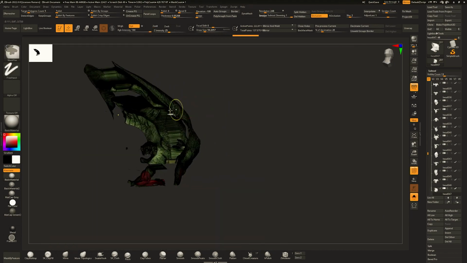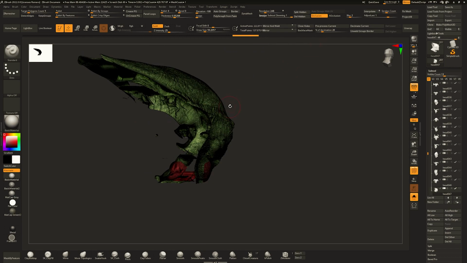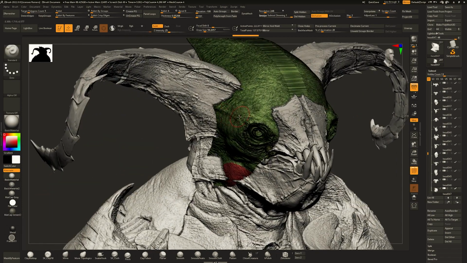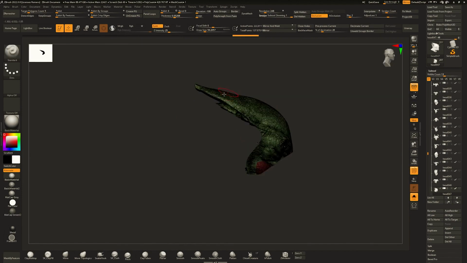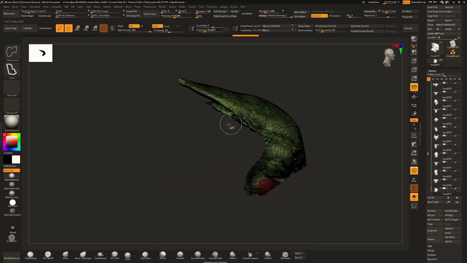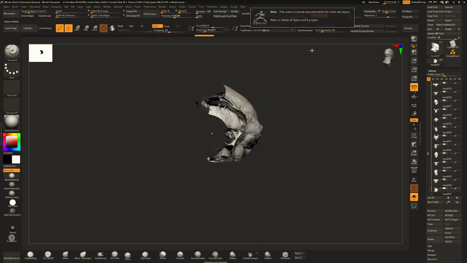And I also want to avoid having too complex edges because eventually I want to close holes and it might just take forever if it's too difficult for ZBrush to calculate that. So I'm keeping that in mind. I might just kill this as well. Yeah. Delete hidden, which you will...